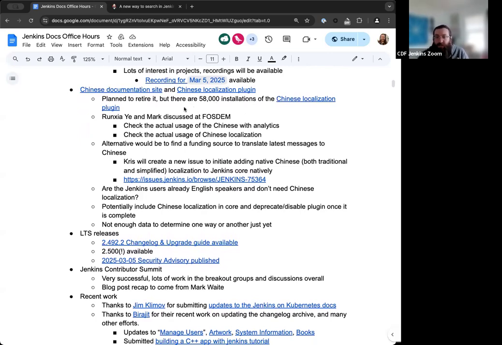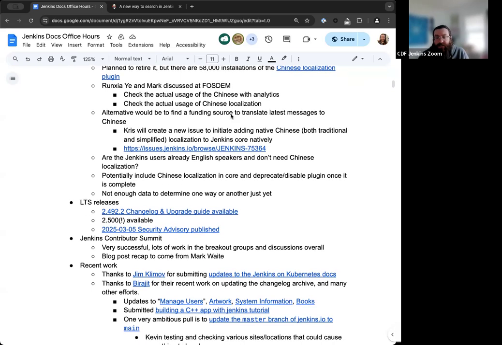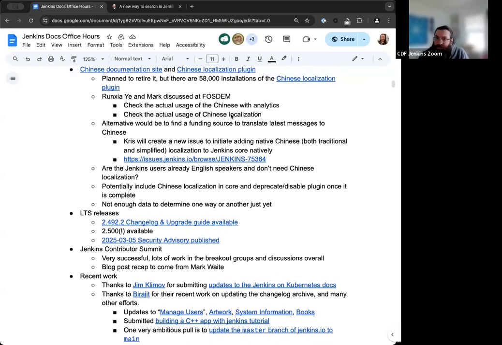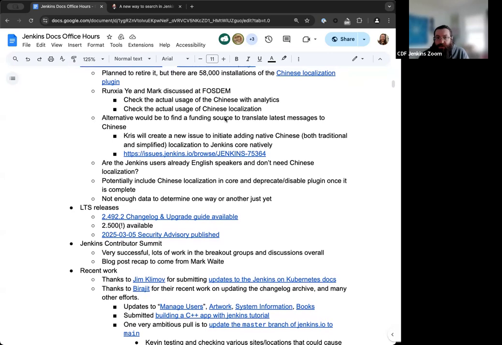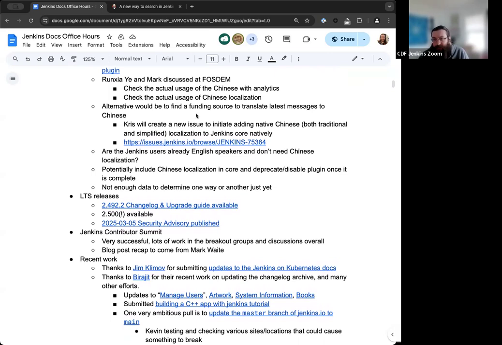So Mark and Rungsha were able to discuss this at FOSDEM and come up with some ideas about what to look for, whether we can find out the actual usage stats via analytics and localization. And instead of just retiring it because there's so much usage, maybe an alternative way to have that translation be available, because it has not been updated necessarily the same way the regular Jenkins.io site is updated.